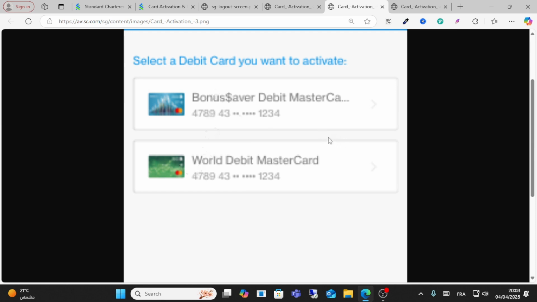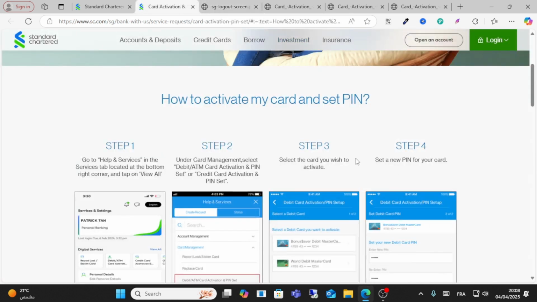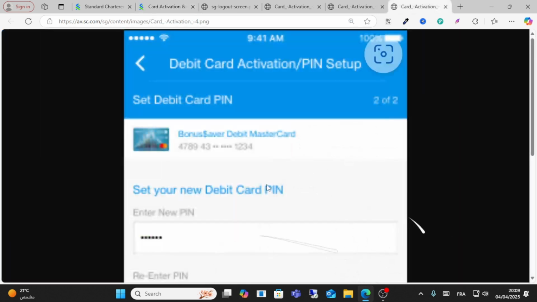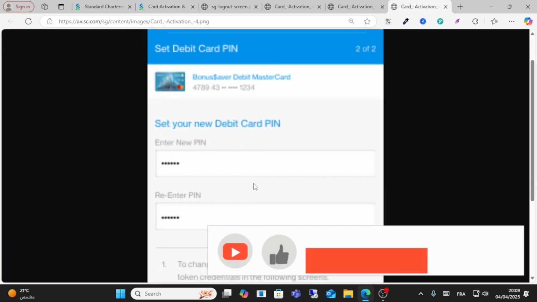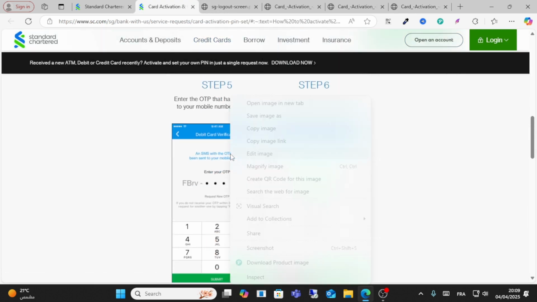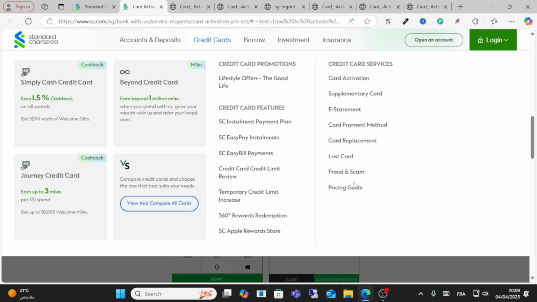I have two cards on my account, so this is a MasterCard. If you want to activate this, as you can see here, select the card and select new PIN to your card. As you can see here, select a new PIN, and from here, this is the new PIN, guys, and click next. After that, guys, the step 5, all you have to do from the step 5, enter OTP